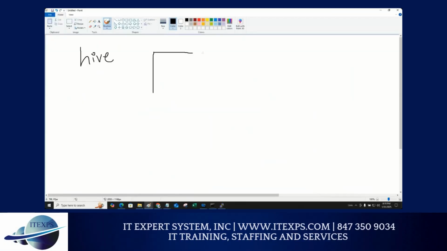And this table is not like a database table, but you create a structure. Please understand, you create a structure where you create, just like a command, create table command, you have columns, comma, column, comma, column, comma, like that. But then you link them to HDFS